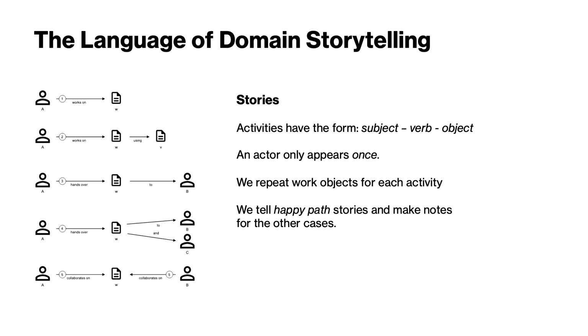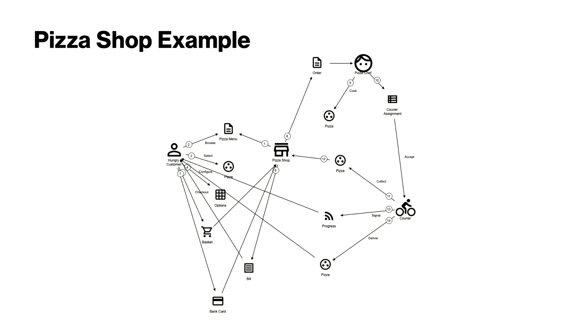So you say the actor's going to do this with this work object, he's going to do that, and it may be with the same work object, but you're going to separate those out to make your diagram a bit clearer. And you may find that you do something with a work object and another actor does something with the same work object. So you have some kind of handover, right? I send you an order, you receive the order. All right, so I'll show you